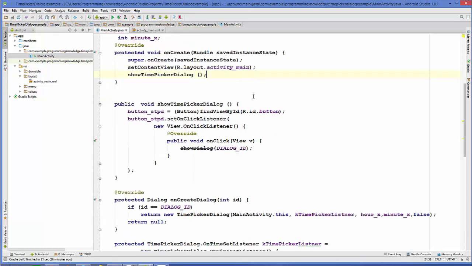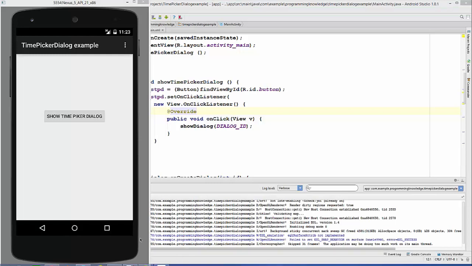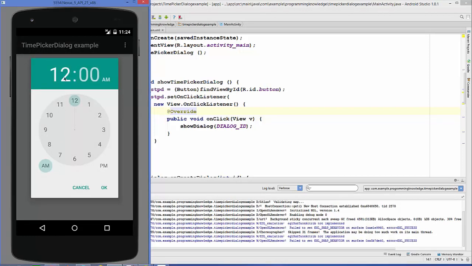Okay, now everything is done, so we are going to run our program. So now our app is running and you can see this button, and whenever we click this show time picker dialog button, I'm going to click this button, it's going to show you this time picker dialog.